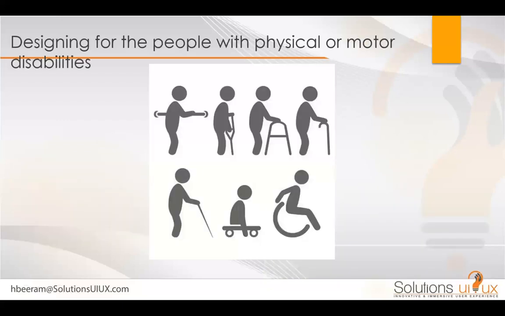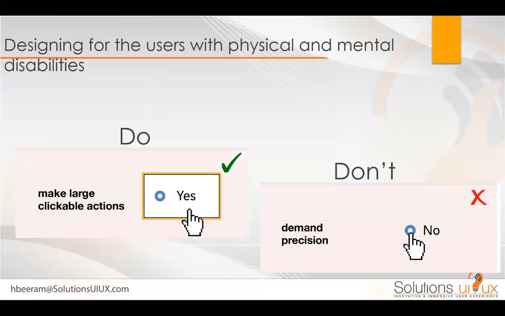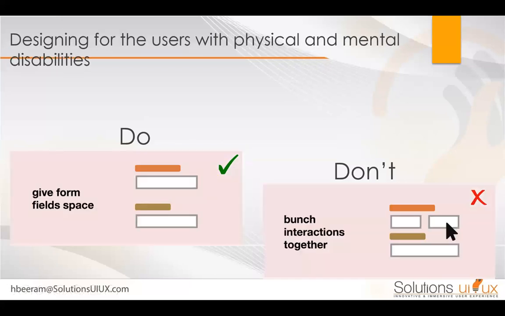So next one, people with motor disabilities, right? Make large clickable actions, right? Very large, easy to check, because their hands might be shaking. They might have Parkinson's. There could be people with cerebral palsy. When their hands are shaking, they cannot easily target. But if it's a big one, they can at least have a higher accuracy of targeting it. But when you make it very small, precision doesn't look so good.